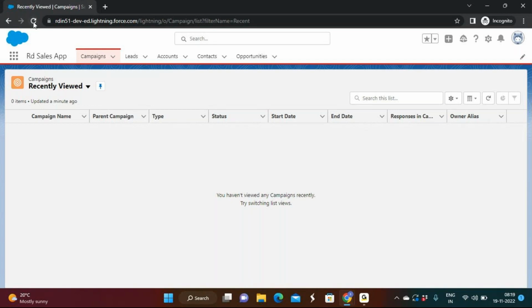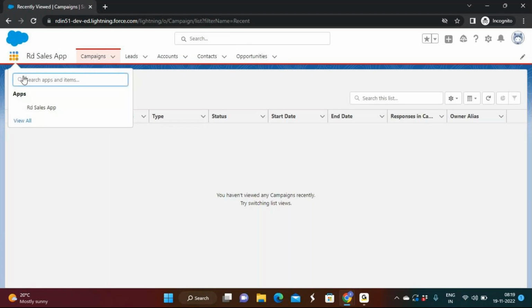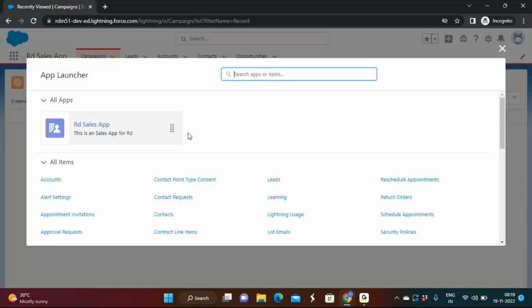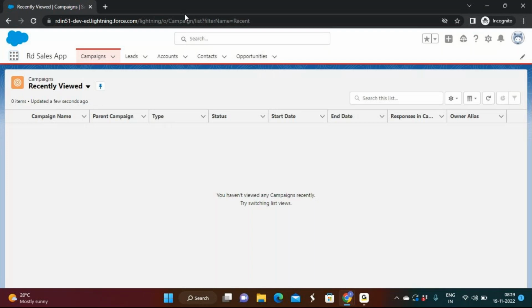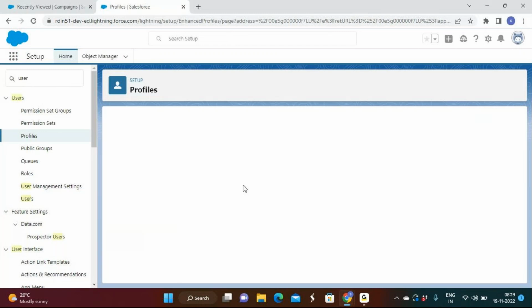Now see, the user got only RD app access, right? Okay, only RD app access. You don't have other apps. Now for this user, I want to give the custom object access called employee, store, product and bill. So how? Go to the profile, edit the profile as an admin,